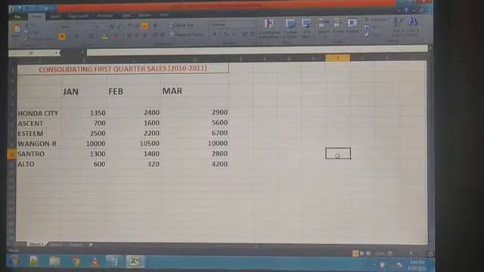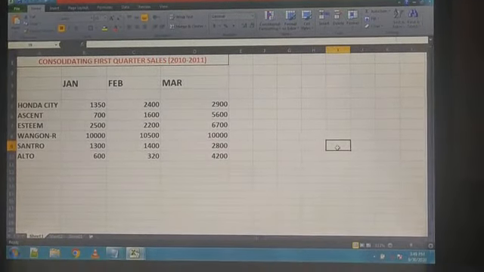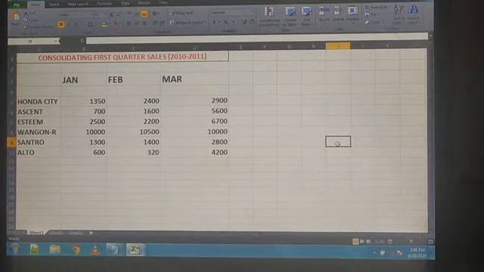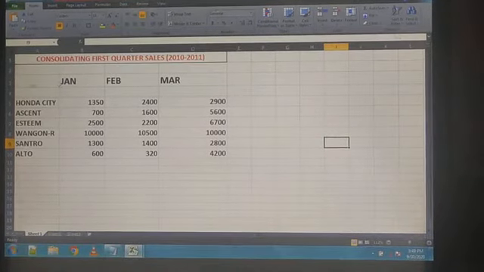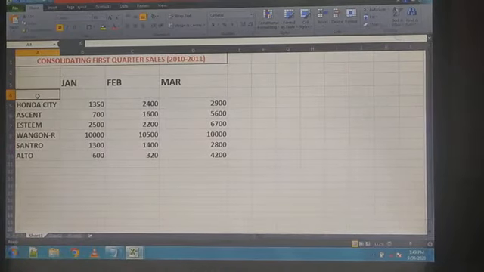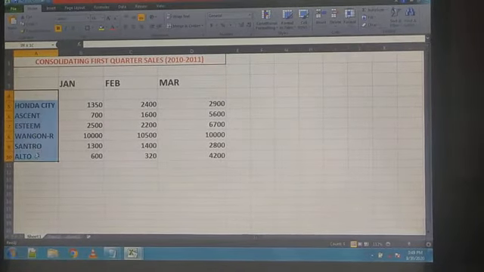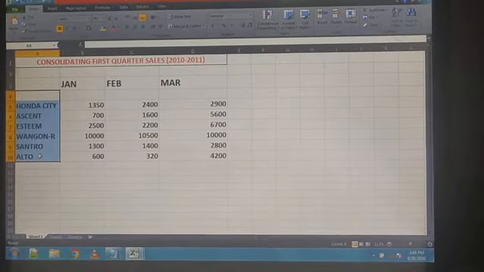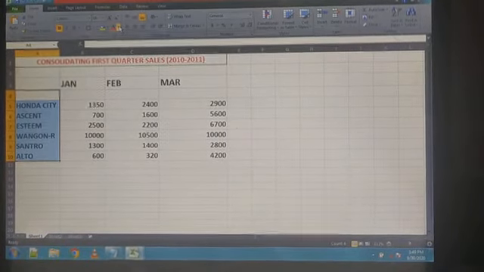And give a bold effect. Similarly, you can select column A and apply the same formatting effect. You can select this column A. Okay, and you can apply some color effect just like that.